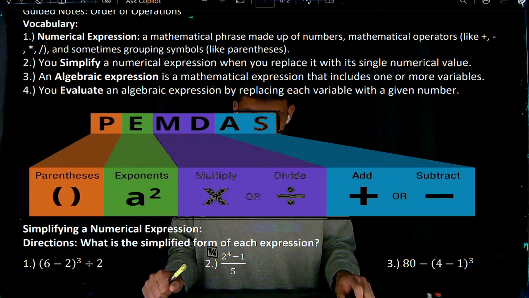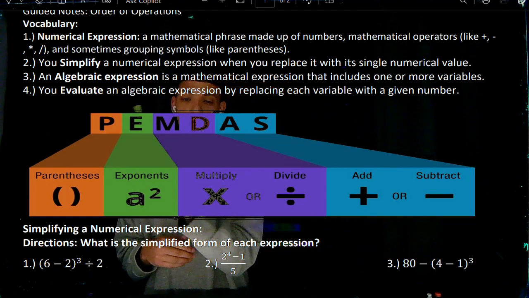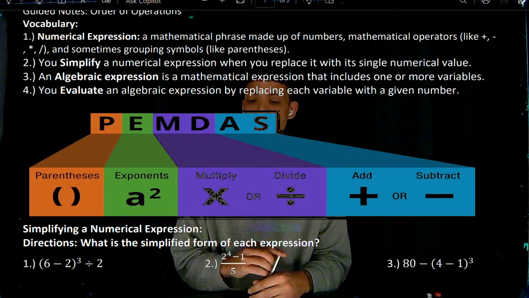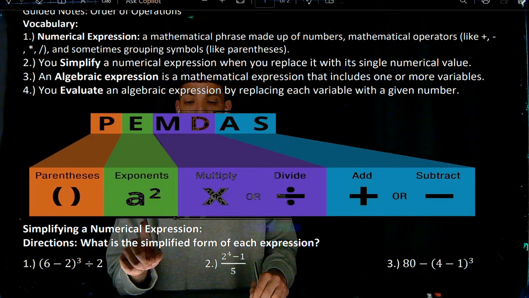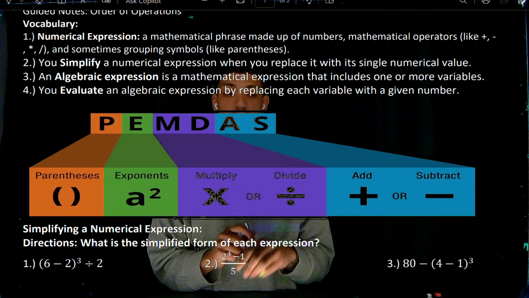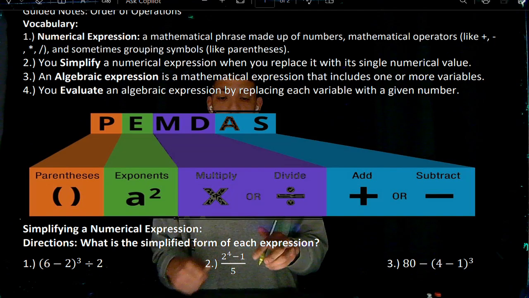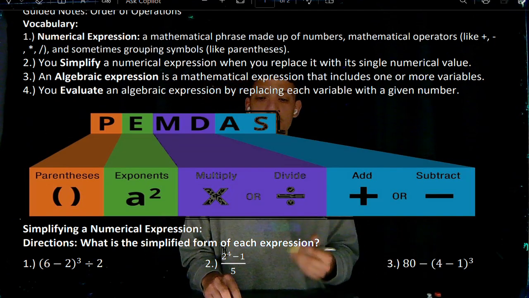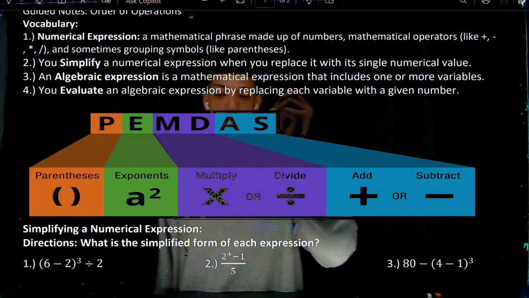Before we do some examples, I have our PEMDAS here. We should all be familiar with PEMDAS. PEMDAS is short for parentheses, exponents, multiplication or division, then addition or subtraction. The reason we have multiply or divide, then add or subtract, is because when we use PEMDAS and solve order of operation problems, we must solve, let me write it over here,